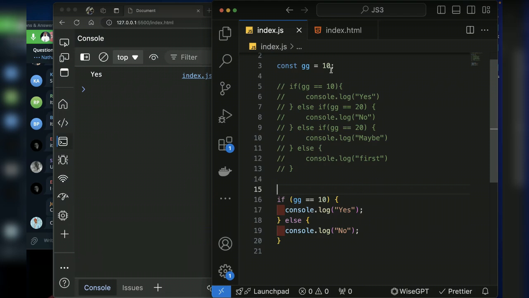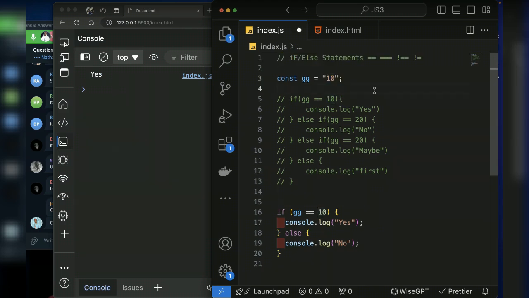But what if I change the data type from number to string? Now this is a string, but it's a string 10. Now this is a number and it's actually 10. Now both of them are 10, but they are not the same data type. But if I save it,